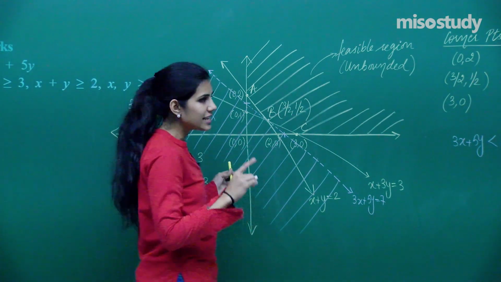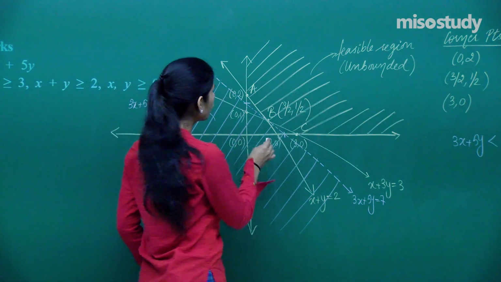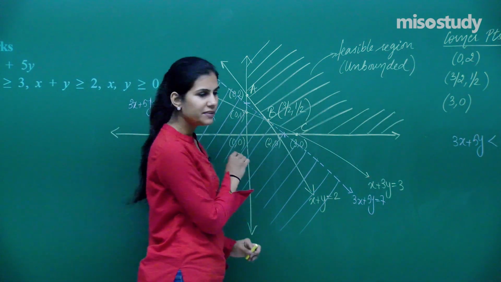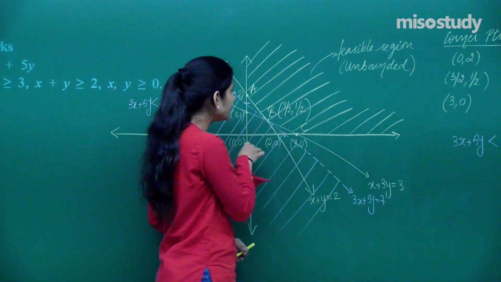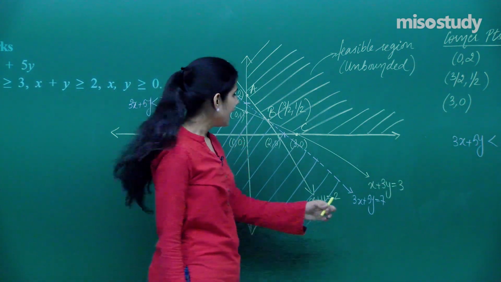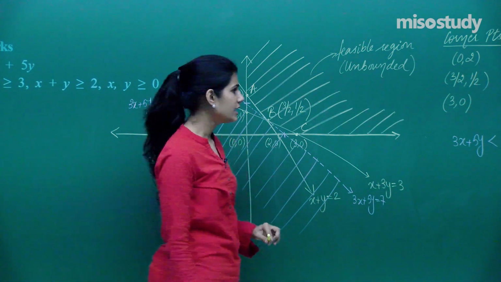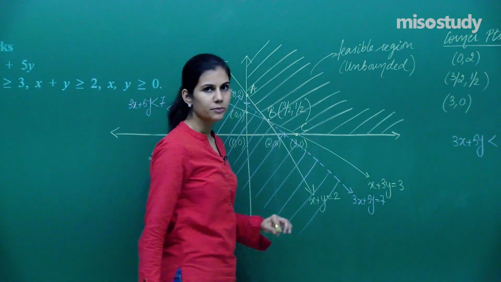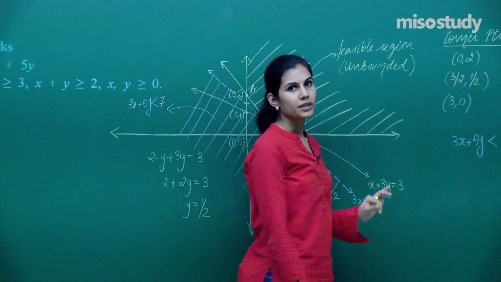Now this region has absolutely no point common with the feasible region. The only point common was seen to be point B, but actually point B is not lying in this region because point B is lying on the line 3x plus 5y equal to 7, and the points on that line are not included in the region of 3x plus 5y less than 7, and therefore there is absolutely no intersection between this region and the feasible region,